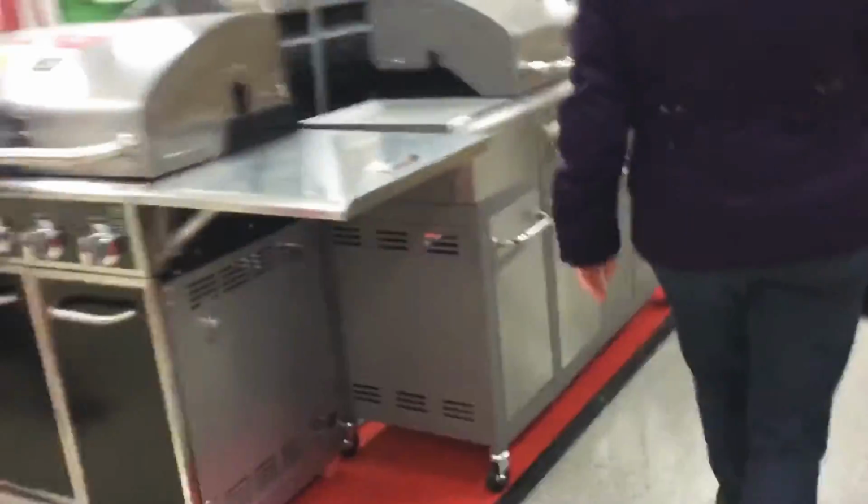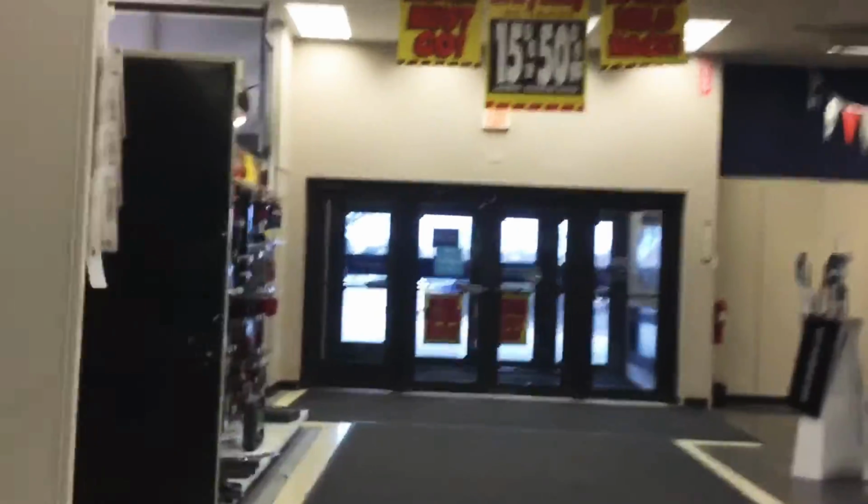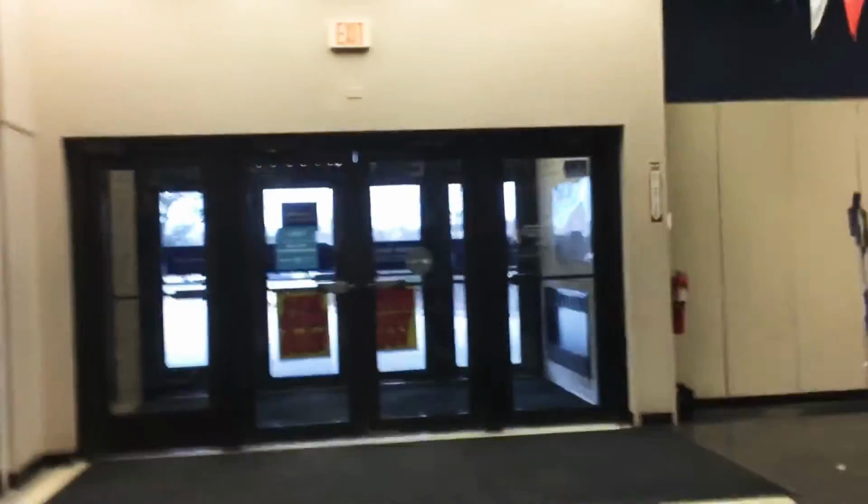So now we're walking out of the electronics department and going more towards the outdoor and hardware, where we started. It also seems like Sears has a lot of snow blowers, because I could tell over there, and a lot of lawnmowers and everything. But it looks like I'm about to go outside, so it's pretty much the end of this